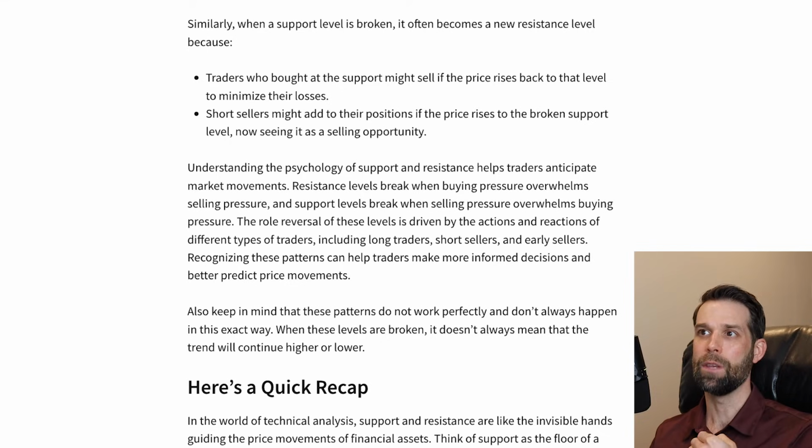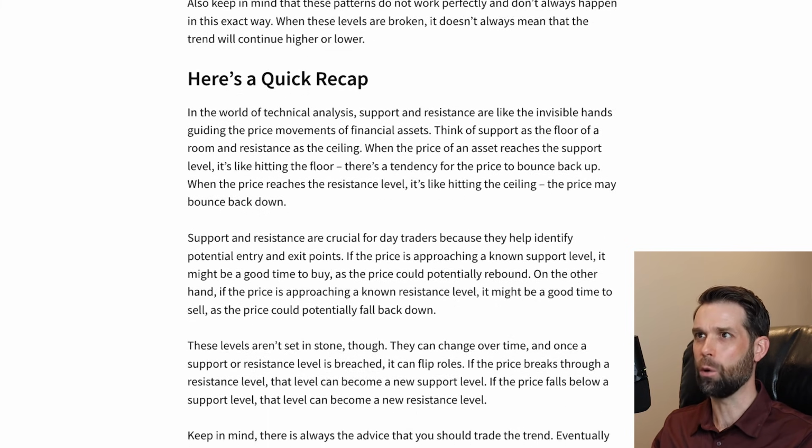So, hopefully through that example, talking about the different psychology of the buyers and sellers who are in these positions can help you get a better grasp of what is going on with these various support and resistance levels. And then certainly those images might be able to give you a clearer picture of what is going on. So if we just do a quick recap here,